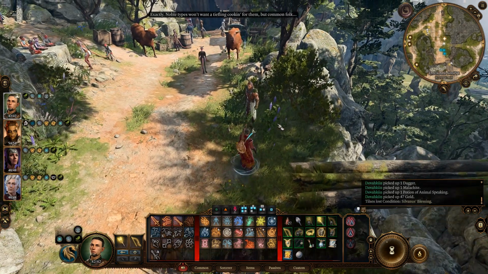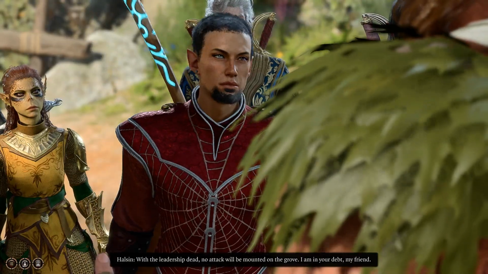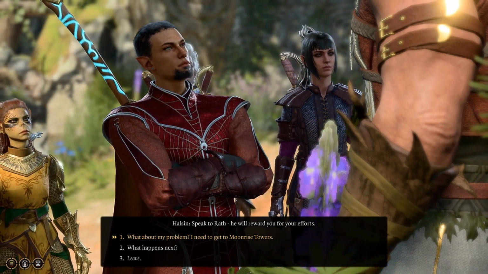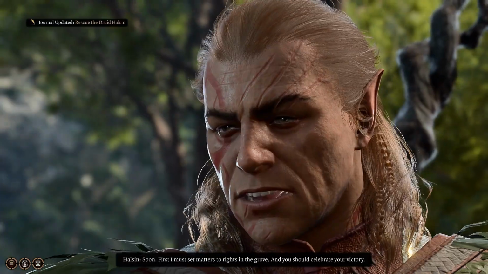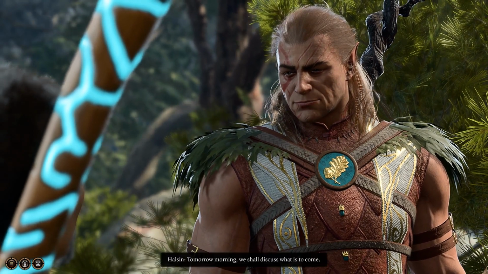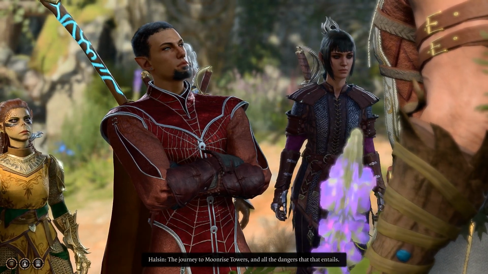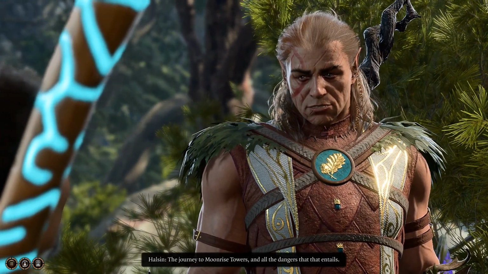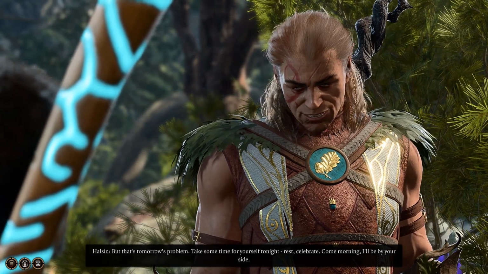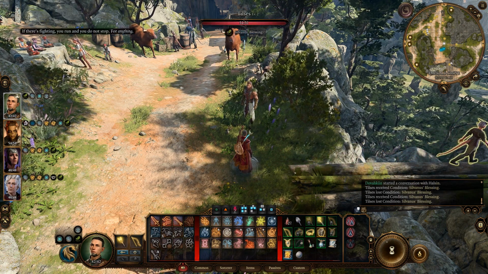Like on the straight. Exactly. Noble type folk want a tiefling cooking for. With the leadership dead, no attack will be mounted on the grove. I am in your debt, my friend. Speak to Wrath. He will reward you for your efforts. Soon. First, I must set matters to rights in the grove. And you should celebrate your victory. After being dormant for so long, your infection is unlikely to produce new symptoms spontaneously. Tomorrow morning, we shall discuss what is to come. The journey to Moonrise Towers, and all the dangers that entails. But that's tomorrow's problem. Take some time for yourself tonight. Rest, celebrate. Come morning, I'll be by your side. If there's fighting, you run, and you do not...